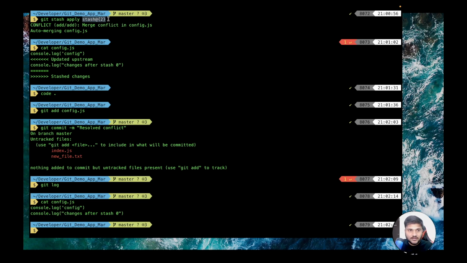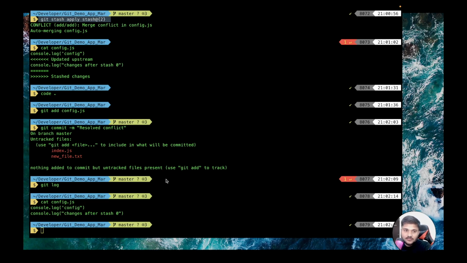And if you start committing it, then it will start giving you merge conflicts. So you need to make sure that once you start applying your stashes, you are actually safely applying the stashes. Don't misuse this property a lot, because in that case, you will end up in a lot of merge conflicts that are created by you only.